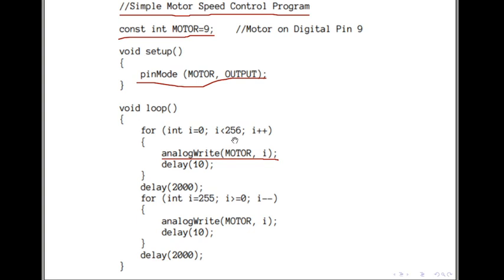At 50% of the duty cycle we are increasing from 0 to 255, and in this loop it is increasing, so the motor speed is increasing. We are moving forward and the motor speed is increasing, and in this other loop it is decreasing, so the velocity of the motor is decreasing. So the motor is moving in one direction. For half the period it is increasing, and for half the period it is decreasing. This is a simple program, just similar to the fade in and fade out of the LED.